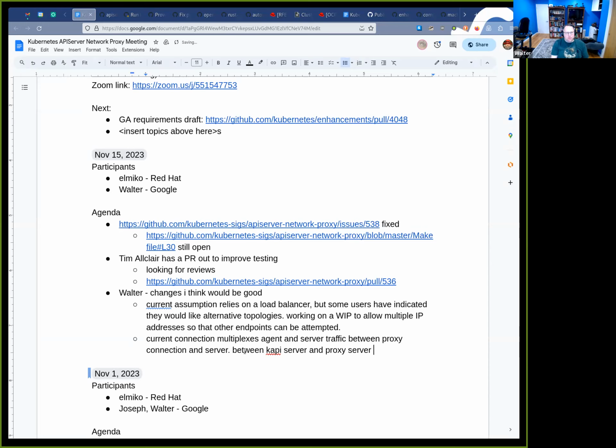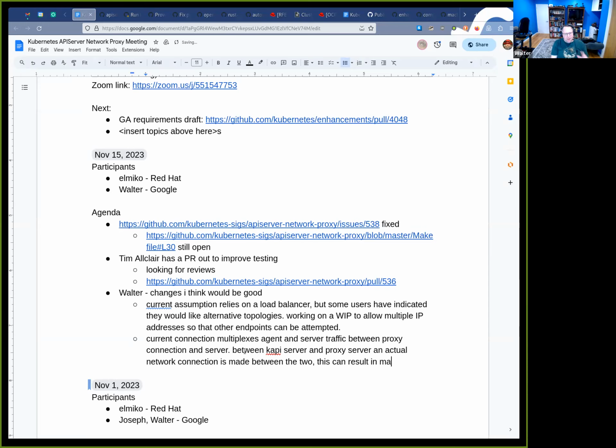So if you have 1,000 connections between the network proxy server and the Kube API server, you're going to have 1,000 open connections at the operating system level on those machines. That means you're going to have to take that handshake hit every time. So there is the potential, and we did that